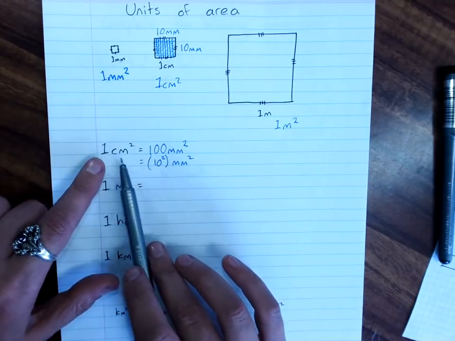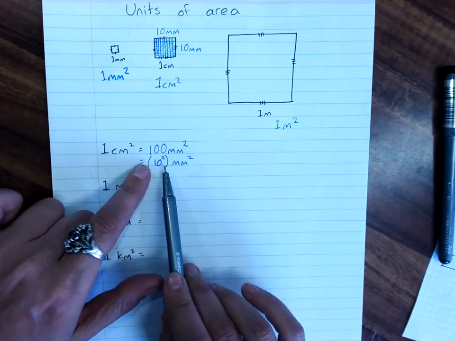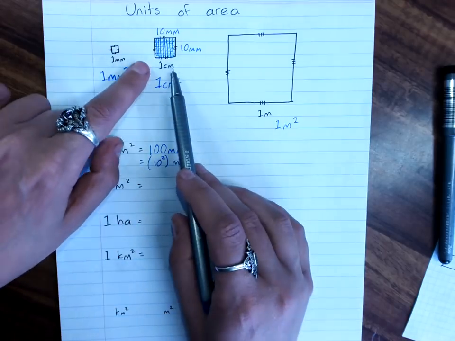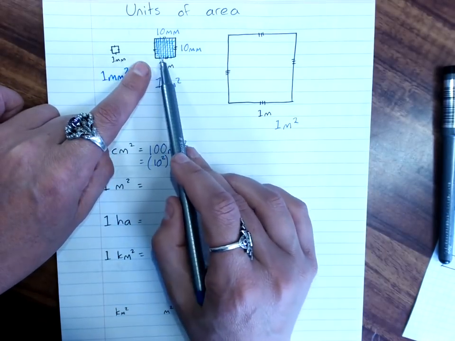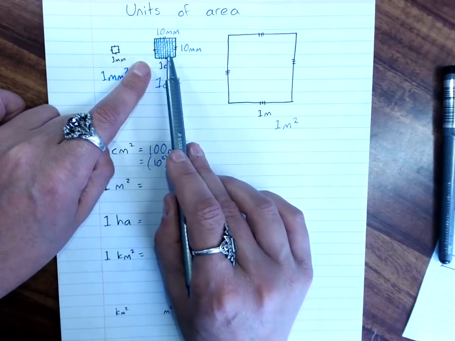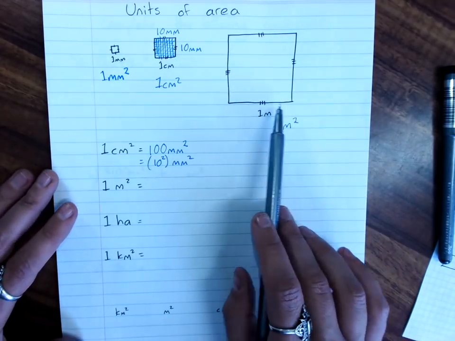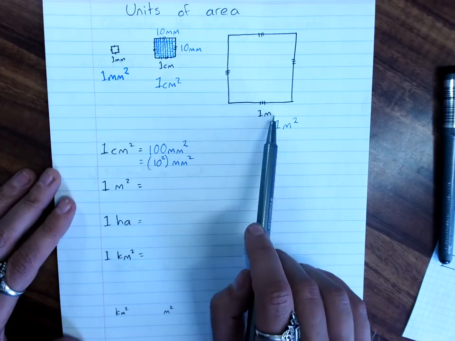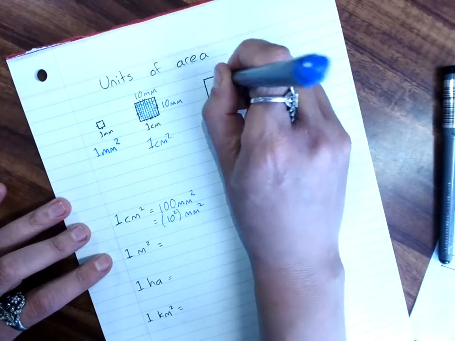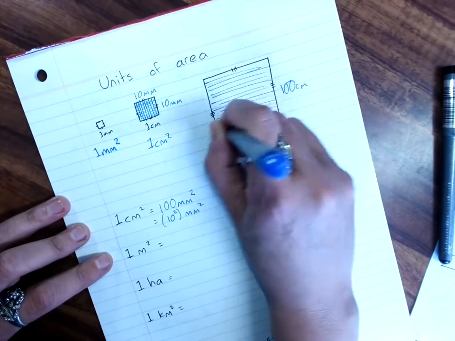So you can use the length to remind yourself a centimetre squared is 100 millimetres squared. Or you can just draw a little 1 centimetre squared and divide it up into millimetres and go, hey, 10 times 10 is 100. Now for a metre squared, what might that be in centimetres squared? 1 metre is 100 centimetres, and that would mean splitting this up, I'm not going to do it, 100 times that way,